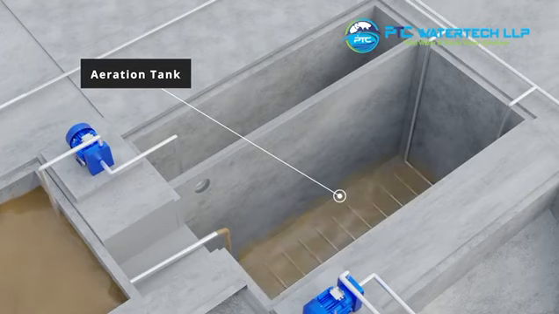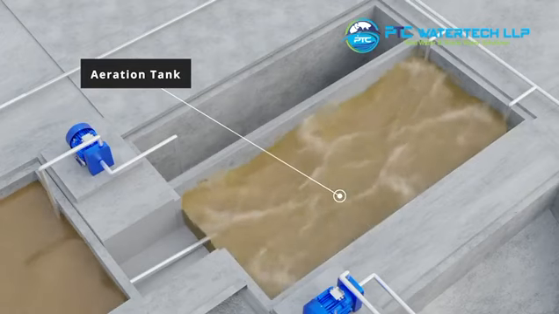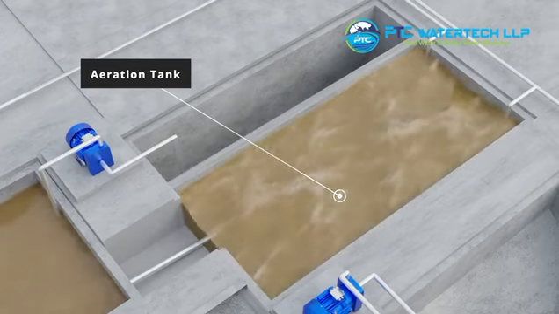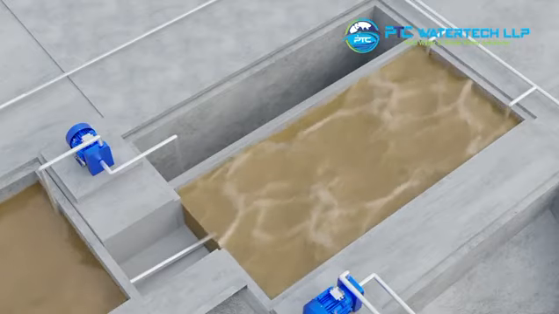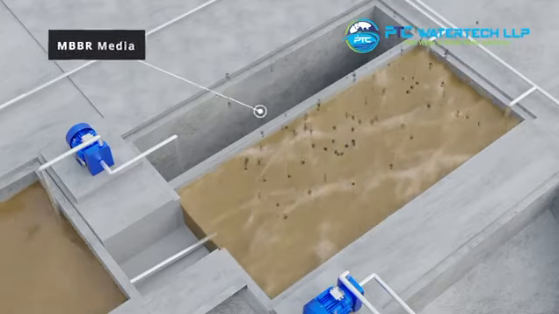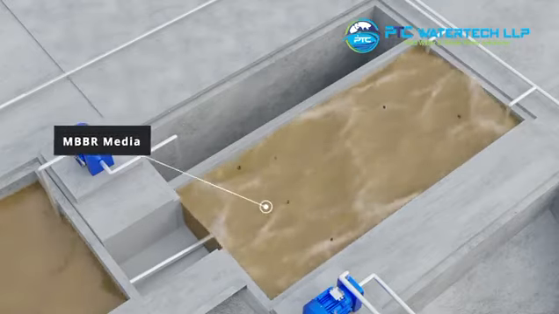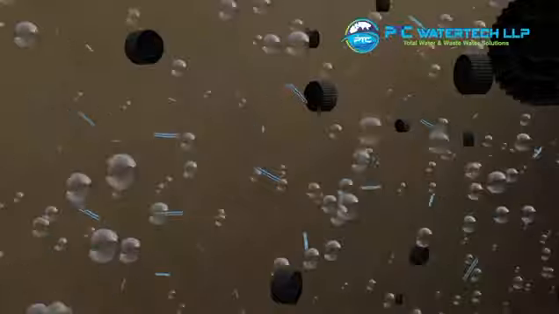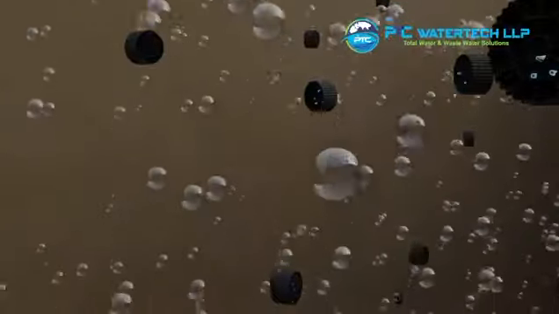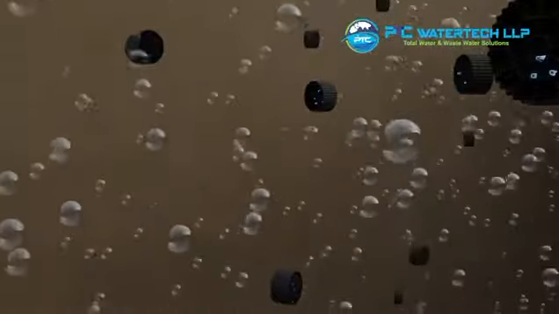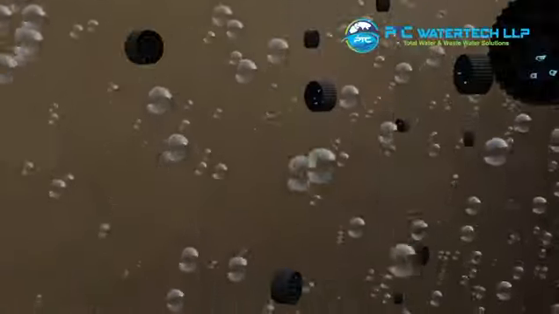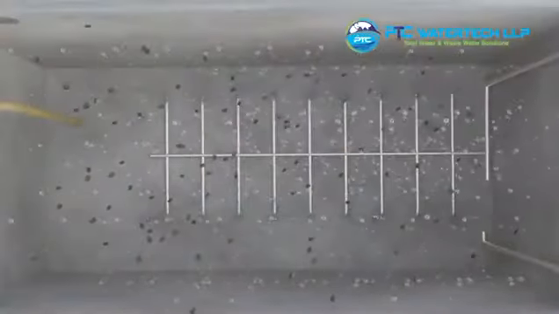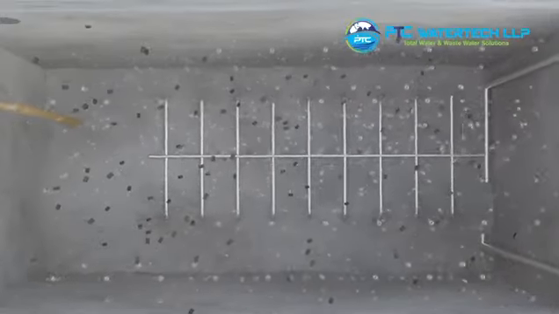Aeration tank is the heart of the technology, where degradation of BOD and COD takes place. It is done with the help of aerobic microorganisms and MBBR media. All the aerobic bacteria will settle down into the MBBR media, which results in degradation of BOD and COD. To maintain the aerobic condition in the bioreactor, an air supply arrangement is provided by means of an air blower which has high oxygen transfer efficiency.